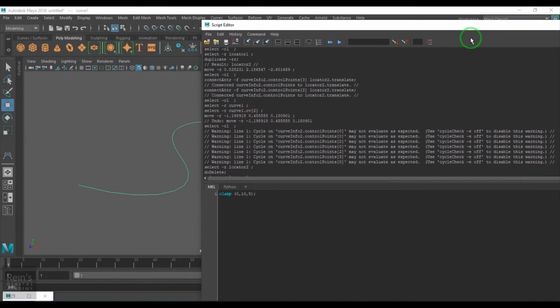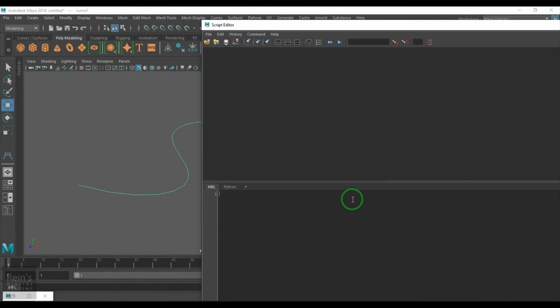And here type arclen, then spacebar, hyphen ch, spacebar, 1, and the expression with the semicolon.